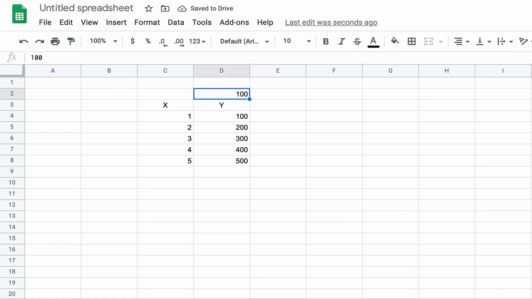Let's say it was X and it was Y. Now this table is basically for a function. You know the function, right? This is for Y is equal to 100 multiplied by X. So y is equal to 100x is the table right now. Now if I want y is equal to 300x, I simply have to put 300 here. The entire table will get updated because I was not using a constant in the cell, I was using a reference. Okay.